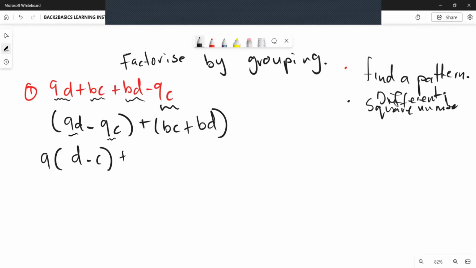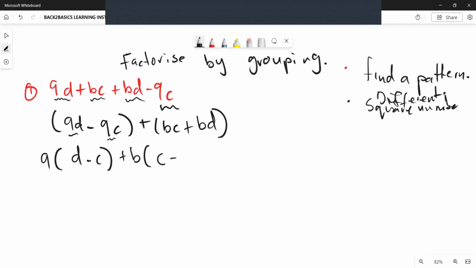Plus, in this one, you're going to be left with B. Then you're going to be left with C plus what? When you take this as a common factor, this is going to be C